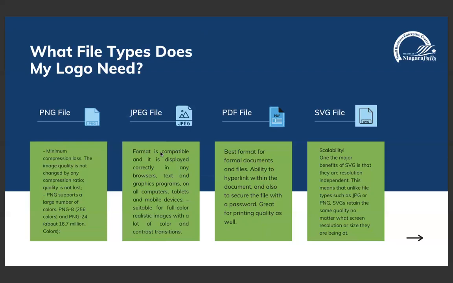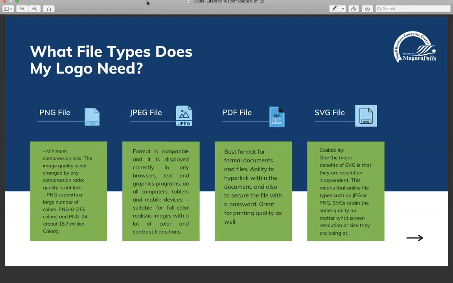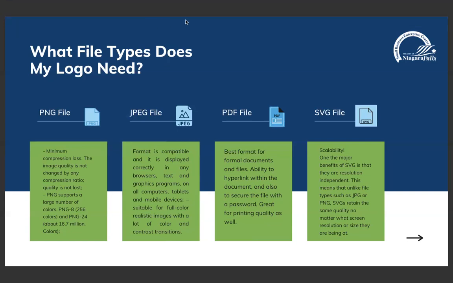And the purpose for this is when you're sent that initial logo, as we just spoke of, when you're building your brand and you're getting that first logo done, you're often going to raise this question with the designer or whoever you're working with: what type of logo files are you going to need? And the way you can think of the different files is in a translatable way for where you are going to be putting your logo.